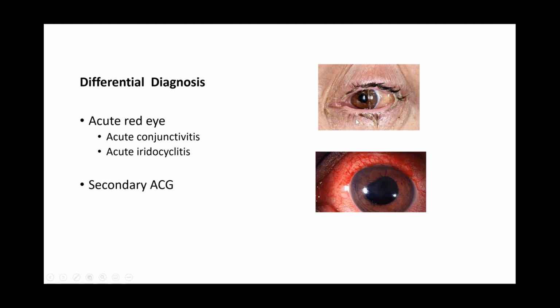You can see there's matting of eyelashes, there is discharge. Okay, there's discharge even on the cornea, but the cornea appears clear without edema. Okay, there's slight chemosis and how will you differentiate? You clean the eye nicely and thoroughly with saline, and all this discharge will disappear. Okay, and the cornea will be clear.